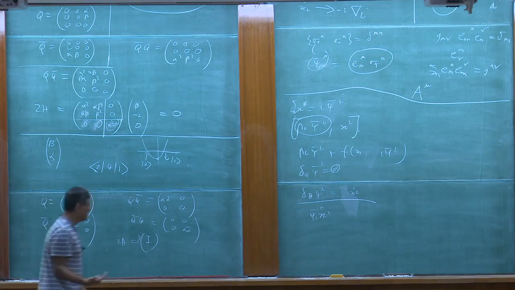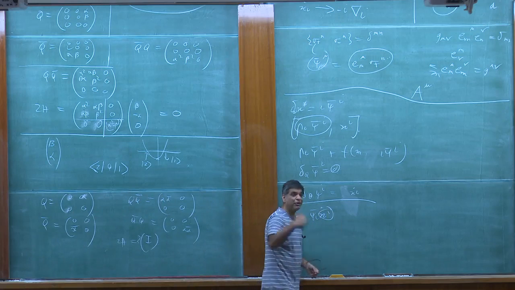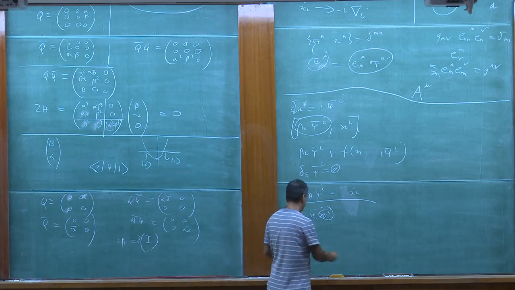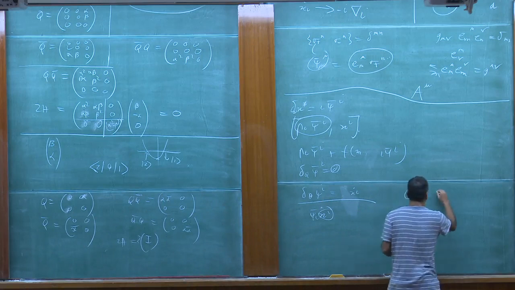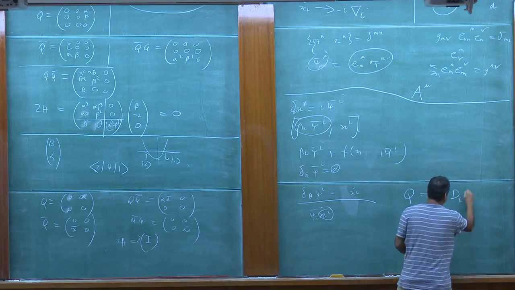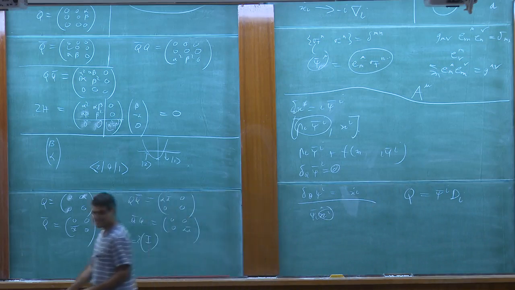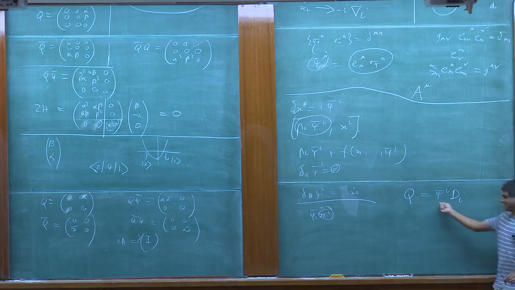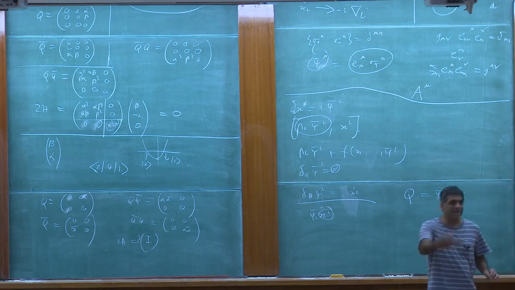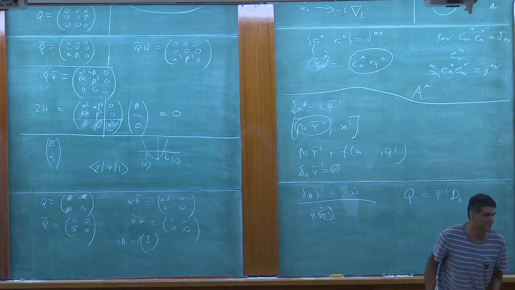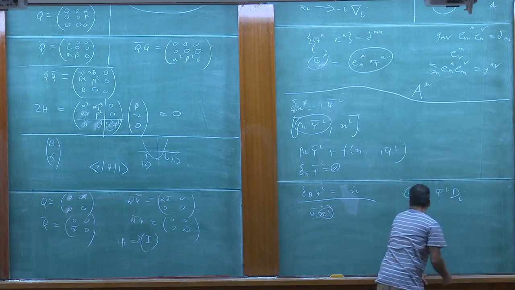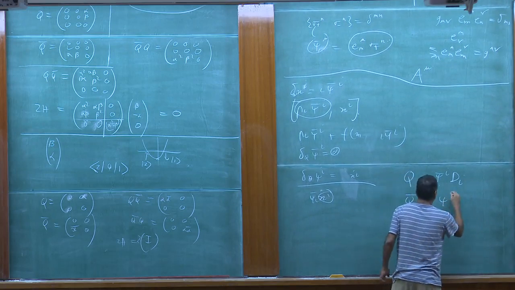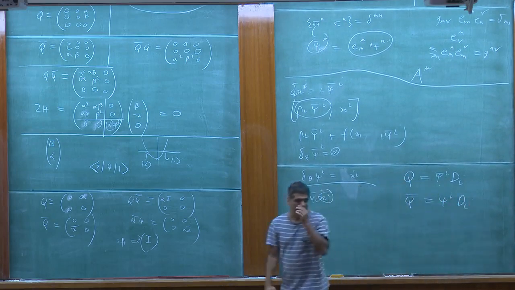This was our generator. But in the canonical formulation, xi dot became covariant derivative. Okay? So the final result is that q is equal to psi bar I di. Psi bar you can replace by gamma matrices, correct? Absolutely, absolutely, absolutely. So it's psi bar acting on forms. And q bar is equal to psi I di. Similar